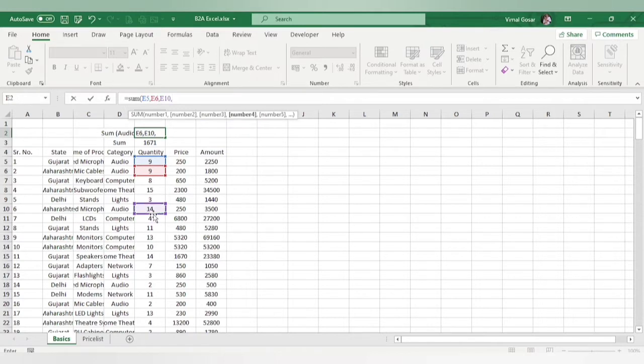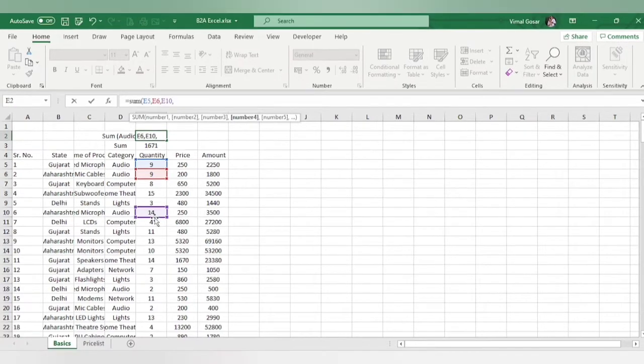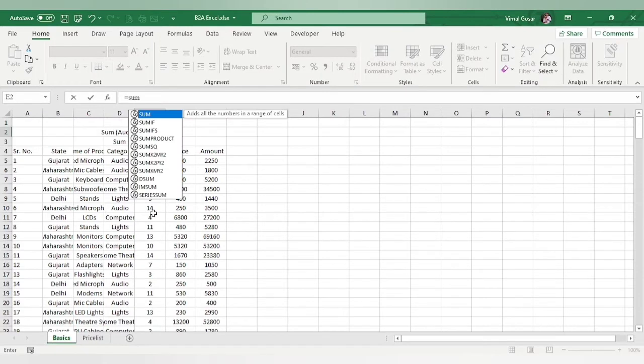But again this is a problem. I'll have to search for every single audio input. So instead of that, I will use another formula called SUMIFS. SUMIFS means you will be summing up a particular range but only with a certain condition. Let us say what I want to sum up is the values from this entire range.